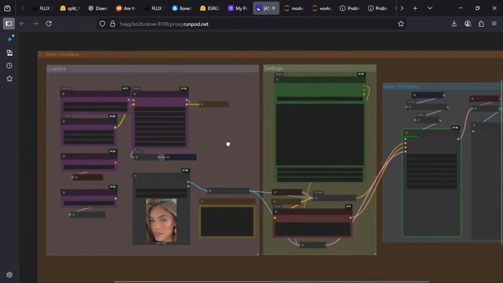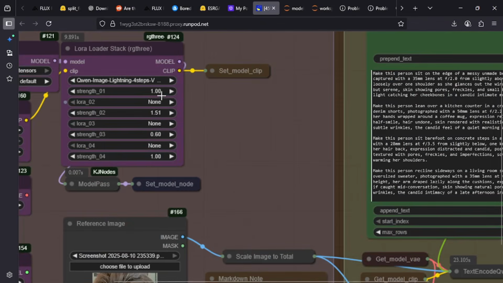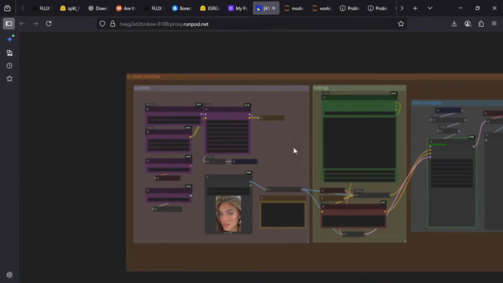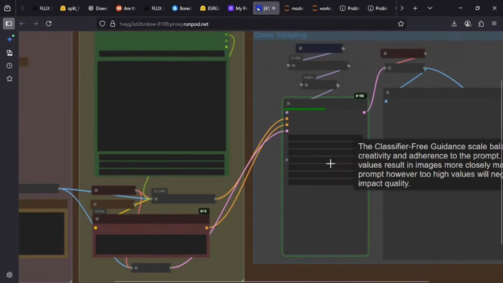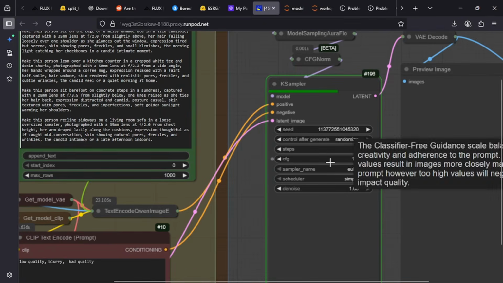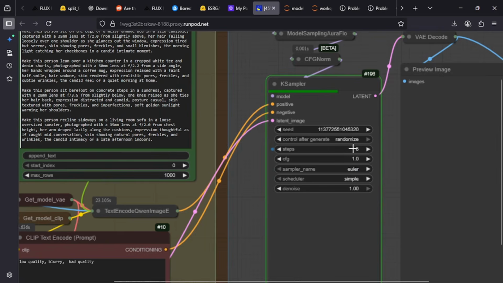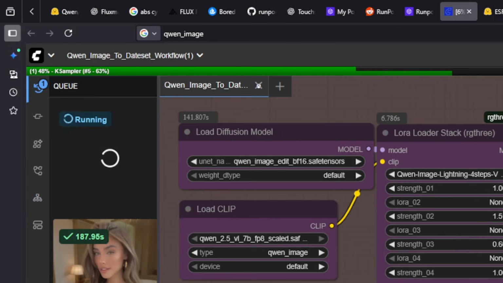Oh, and I wanted to let you guys know, if you're not going to be using Qwen Image Lightning 4 steps, then you likely want to increase your steps over here to about 20. It looks like it's on 8 for now. We'll just leave it on that. That was what it came with. But yeah, we'll skip ahead like magic, and 4 steps makes it a little bit faster.